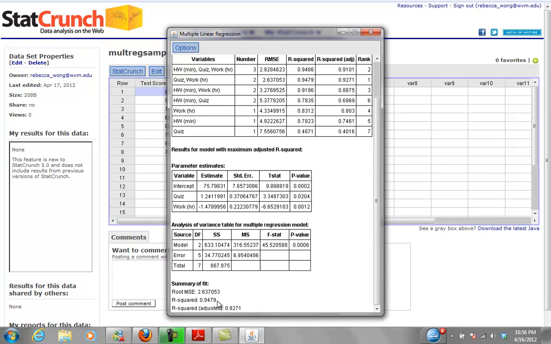So again, this is what we would see on the top of an SPSS output, the summary, and what we look at right here is R-squared. When we see 95%, we're going, wow, that is an incredibly strong correlation. Okay,